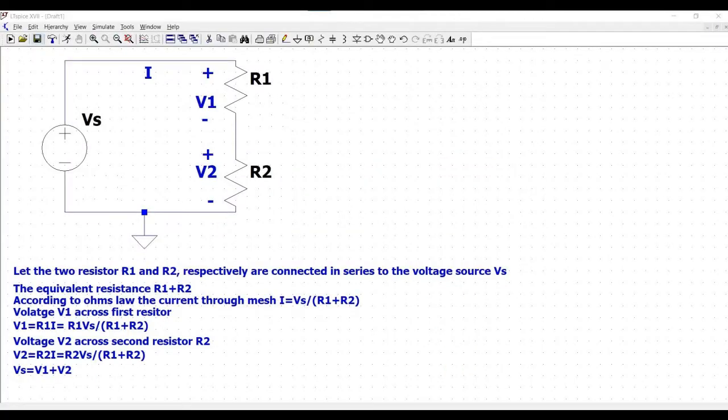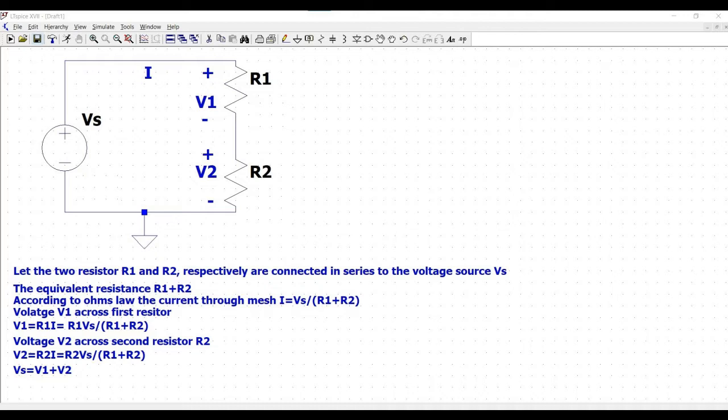Now, let the two resistors R1 and R2 be connected in series to a voltage source V of S. Now, the equivalent resistance of this particular circuit will be R1 plus R2. According to Ohm's law, the current through the mesh is given by I equal to V of S divided by R1 plus R2, and the voltage V1 across the first resistor is given by V of 1 is equal to